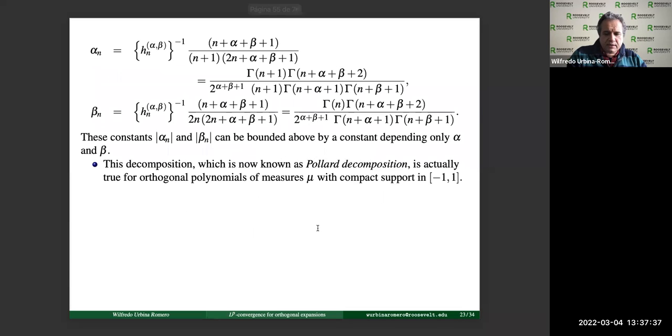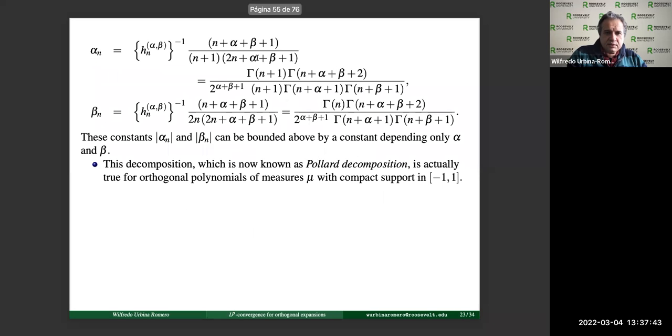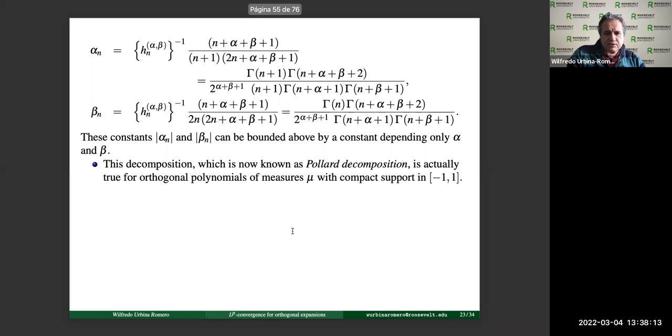And yes, you can get that these coefficients are equal to this expression. So first he was able to prove that alpha_n and beta_n are bounded by constants depending only on alpha and beta, but not on n, which is clearly not entirely trivial. And this decomposition has been used afterwards several times, and is what is now called the polar decomposition for the kernel, right? Okay,